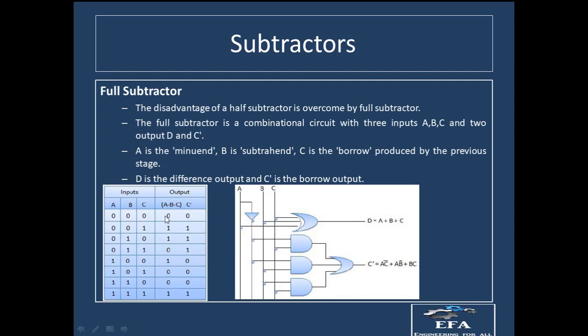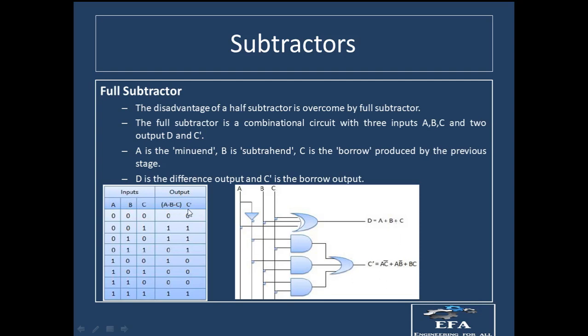After that, if you look at the complete outputs and arrange them in the K-map, you will have the difference output as A XOR B XOR C. So we will have an XOR gate through which we pass all the inputs A, B and C, and ultimately we will have A XOR B XOR C. Where the plus sign is shown, there should be a circle around these plus signs, which will indicate the XOR gate. So I request you to please rectify this one on your own.